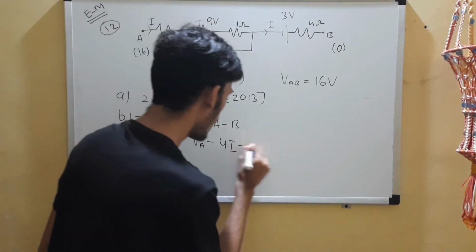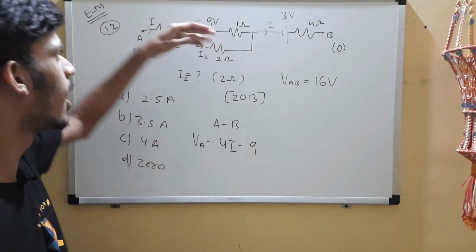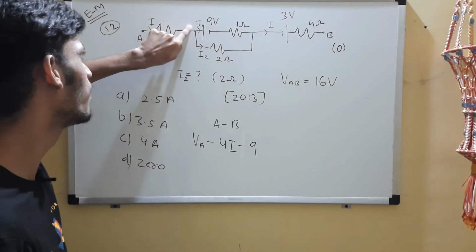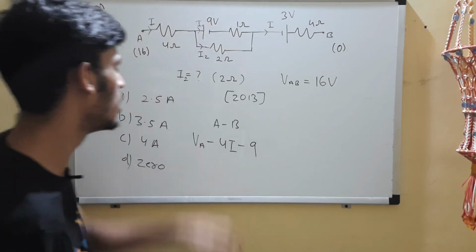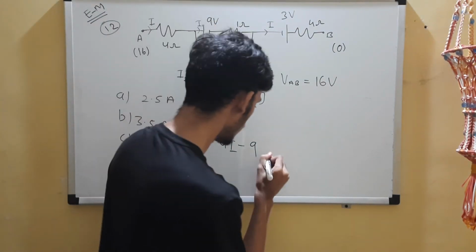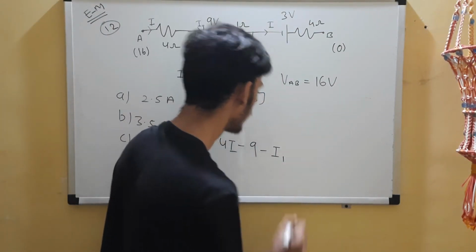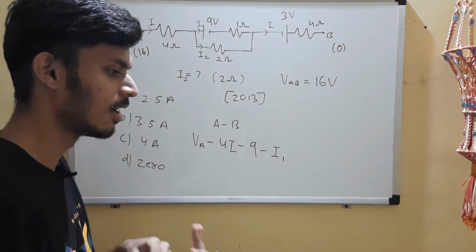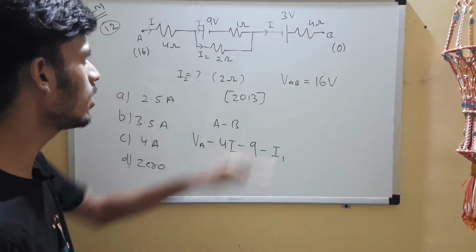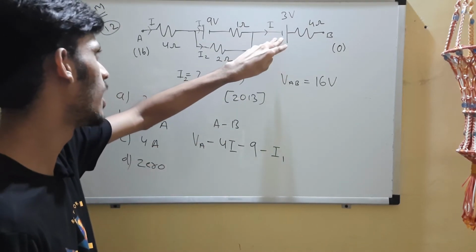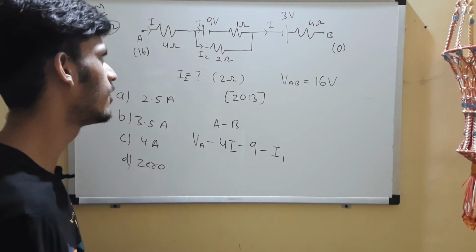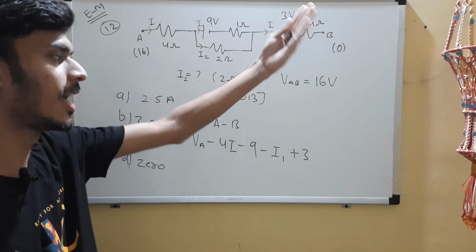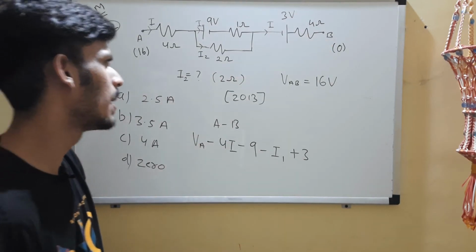Drop in potential, minus 9. Here we are moving again in the direction of the current, but the current is I1 now. So I1 into R, I1 into the resistance, which is 1, and that will be minus, because we are moving in the direction of current. In the direction of current, there is a potential drop. Now come to this battery. In this battery, we are moving from the negative terminal to the positive terminal, so plus 3 voltage gain. And here in the direction of current again, so it will be minus